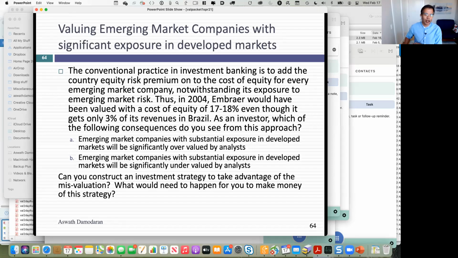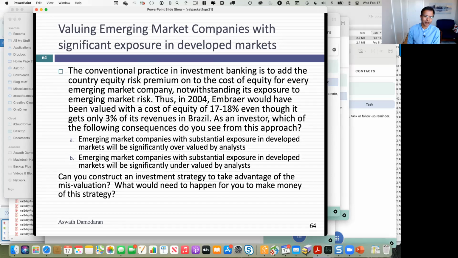If you bought an Embraer bond and people are pricing the bond because it's a Brazilian company at a very low price, and you know that the bulk of their revenues are in the US and their dollar revenues are much more predictable and stable than a typical Brazilian company, Yossi's point is you could buy the bond, hold it through maturity, collect those higher cash flows, and earn a much higher return than investing elsewhere.